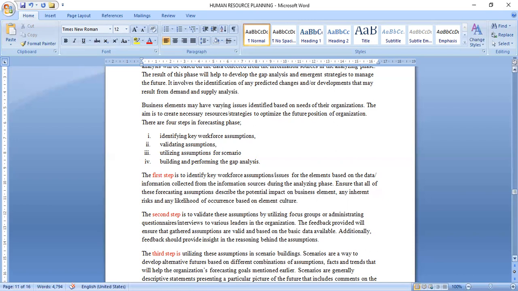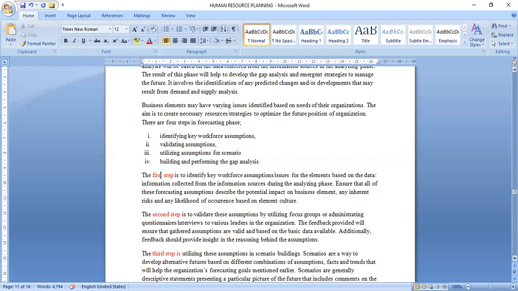Then you validate the assumptions, right? For example, if you assume that the production of goods and services of an organization has increased, that may imply that the increase in the production of goods and services requires employing more laborers. So there, of course, you validate the assumption. Validating is you've now found out that that is true, right?